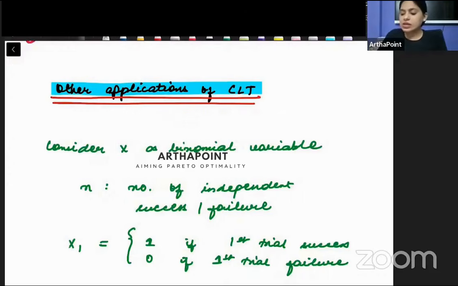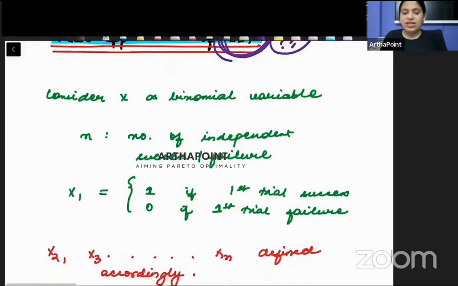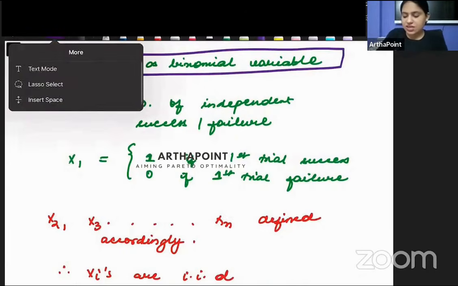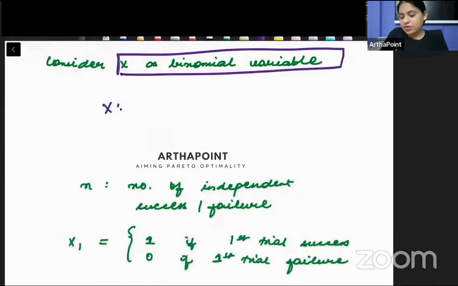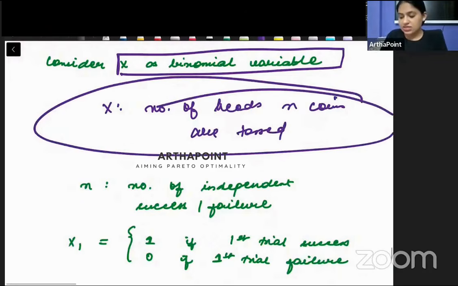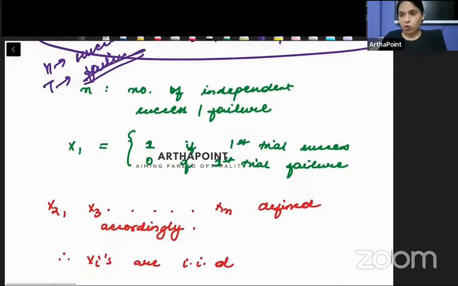तो एक बारी हम ये भी देख लेते हैं कि central limit theorem का और कहाँ पे application होने वाला है. तो इसमें ऐसा कुछ एक example देखो कि suppose I assume that X is a binomial variable. तो binomial variable just takes two values, either success or failure. तो X जैसे X can represent the number of heads when n coins are tossed. So getting a head can be represented as success and getting a tail can be represented as a failure. So whenever we talk about a binomial variable, उसमें success and failure दो चीजें होती हैं.